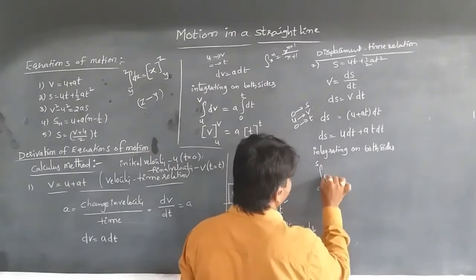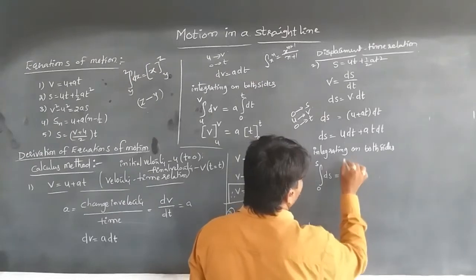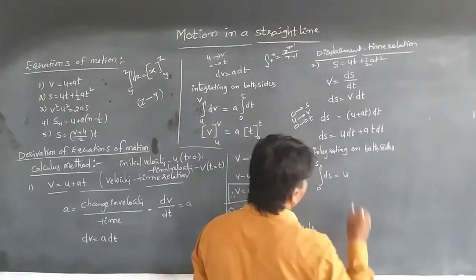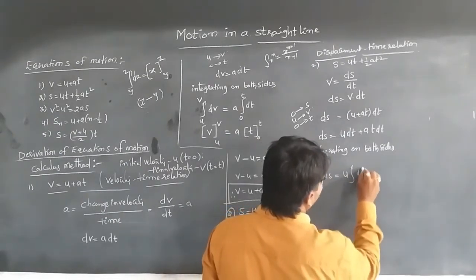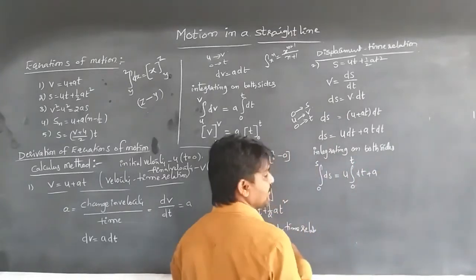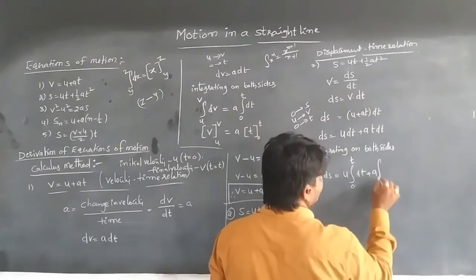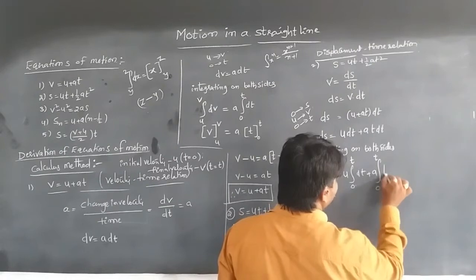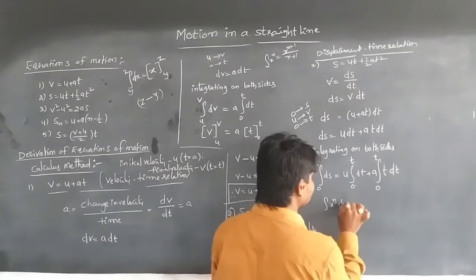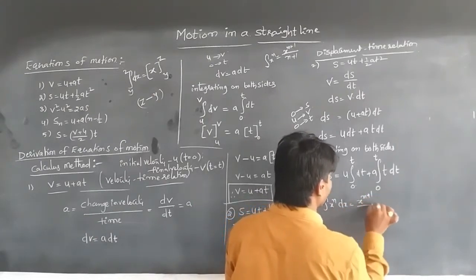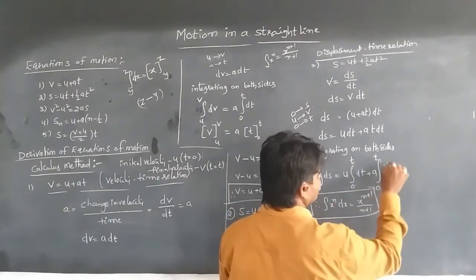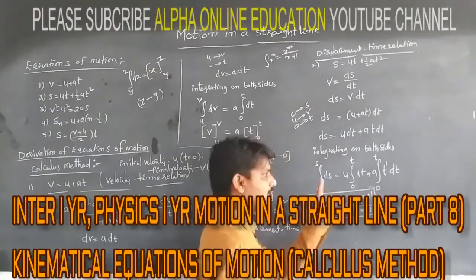So that's why integral from 0 to s of ds is equal to u dt. u is the initial velocity at time t equal to 0, that's why we are writing that. That is u integral of dt between the limits 0 to t, plus a, the uniform acceleration, which is constant, and t is the time taken. The time is changing, so 0 to t. This is the form integral x power n dx is equal to x power n plus 1 by n plus 1. We apply this formula whenever it is in this form. If nothing is there, it can be considered as 1.